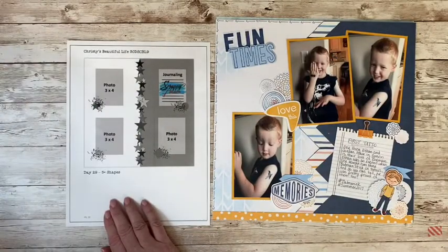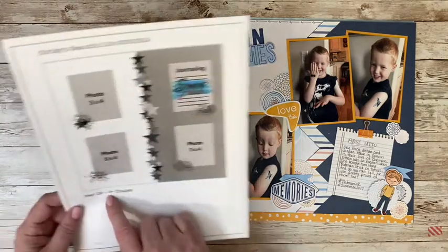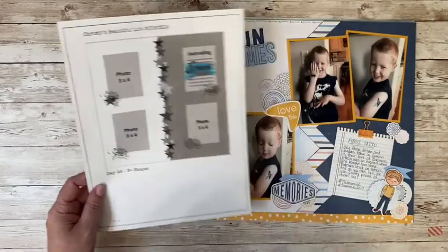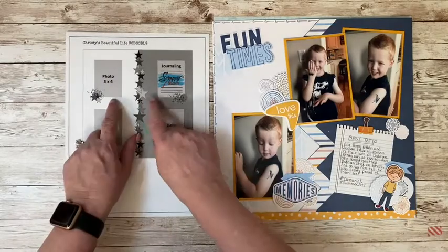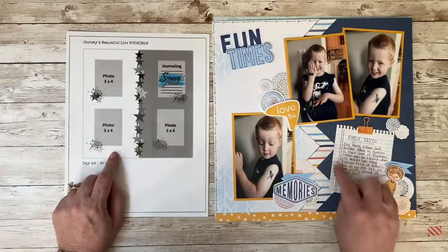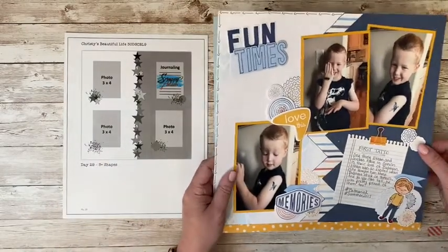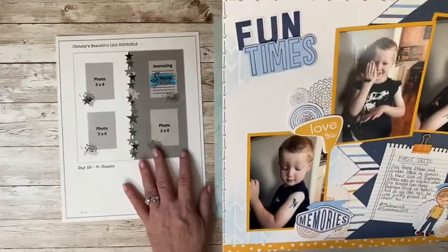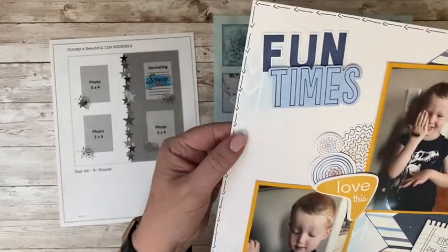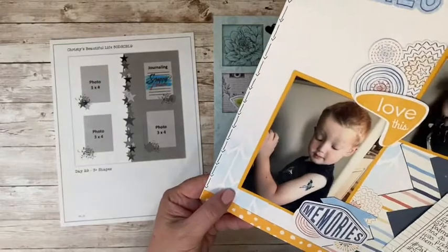And day 29, this one, I think that meant 3+ shapes. It's got 3+, so I wasn't sure if it was 3+ or 3V shapes. I deviated a little bit in the layout of the 4 photos, but I replaced one photo for journaling and then had some fun with this using the Candid Moments paper. I started out by cutting an overlay on the Cricut to make it into a stencil and then adding some